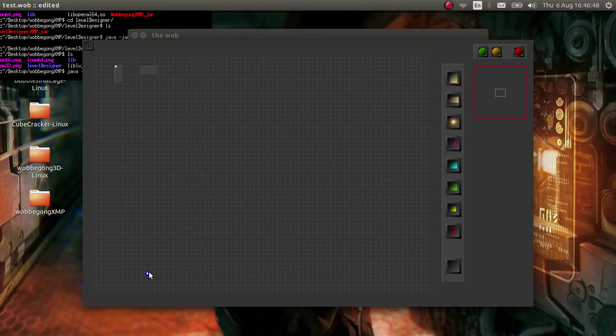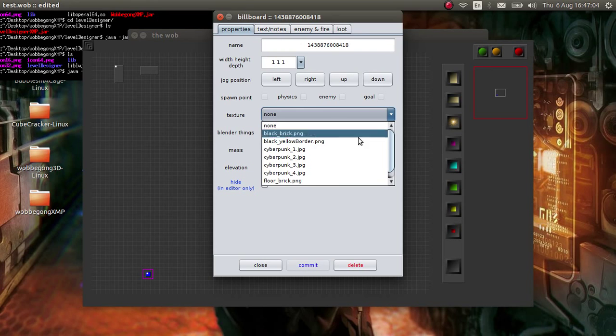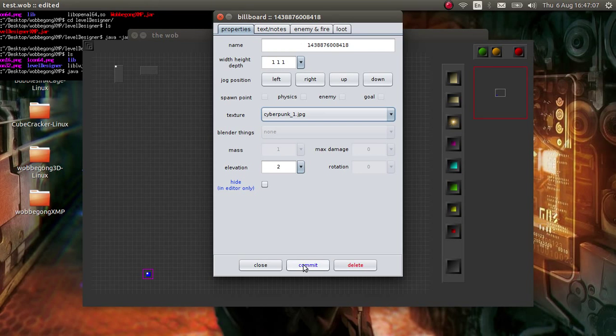This blue thing here is called a billboard. If I right click on it, we can choose a texture to add to it. A billboard is this two-dimensional thing that hangs in the air. It's got width and height, it doesn't have any depth. So we select Cyberpunk 1,